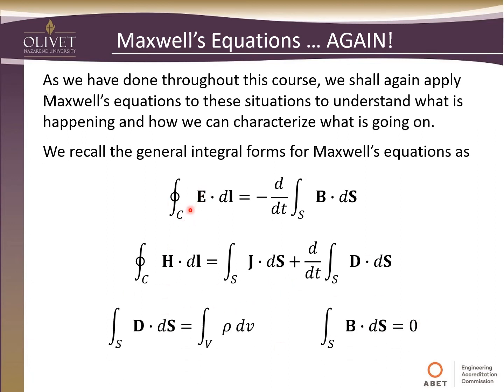Again, Faraday's law says the sum of the electric field around a contour is equal to the time derivative of the magnetic flux density penetrating the surface created by the contour. Same thing with magnetic fields with currents. And then we are looking at the sum of the displacement flux density, which is equal to the amount of charge in a volume, and then the magnetic flux density should always sum to 0 through some surface created by a volume.